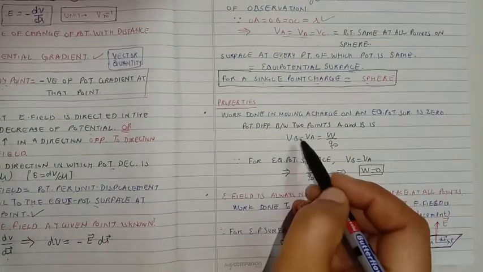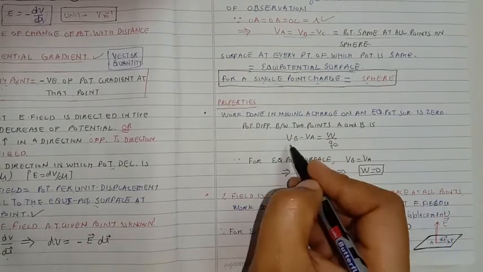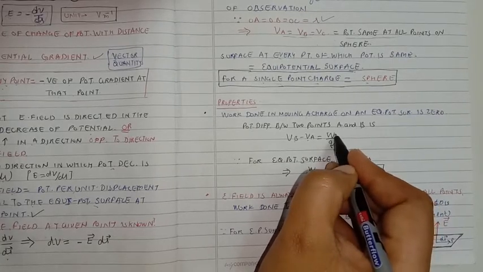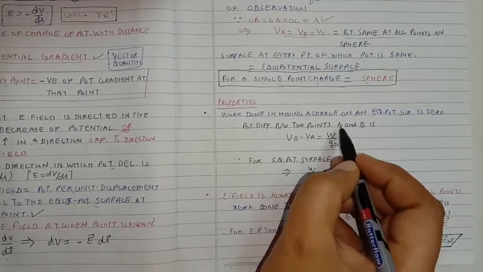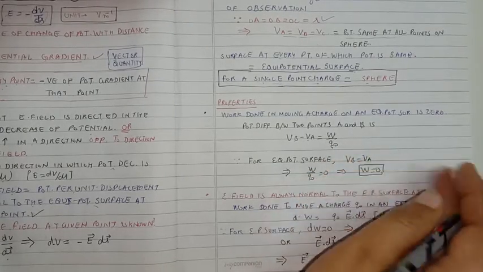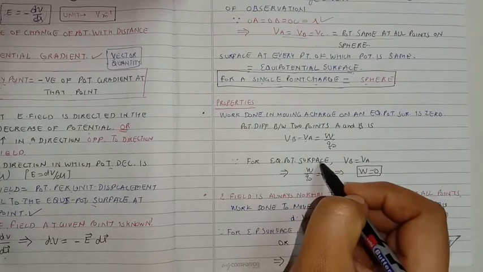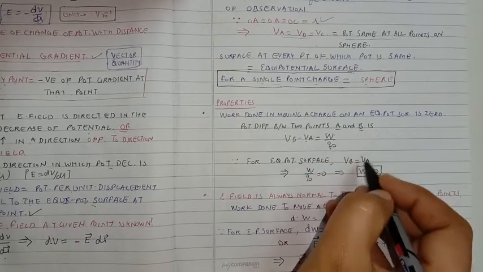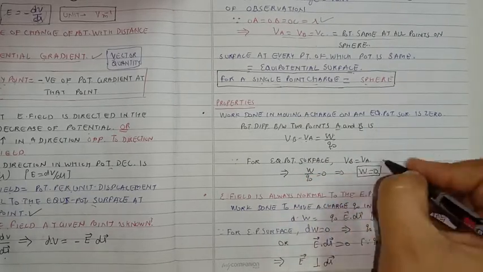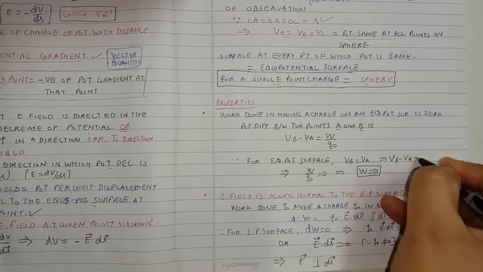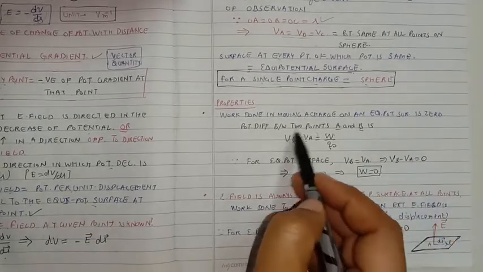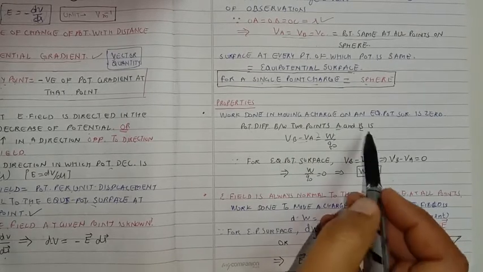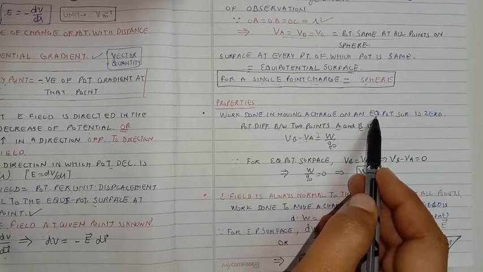From the definition of potential difference between 2 points A and B, we can write it as VB minus VA equal to W by Q naught, where W is the work done to move the charge Q naught between A and B. But we already know that for an equipotential surface, all the points are present at the same potential. This means that A and B will also be at the same potential. So VB and VA will be equal, which means VB minus VA will be equal to 0. So if the potential difference is 0, work done is also 0. So no work is done in moving a charge on a surface which is equipotential in nature.